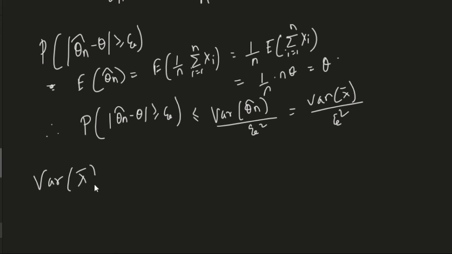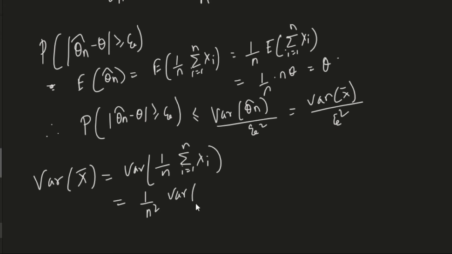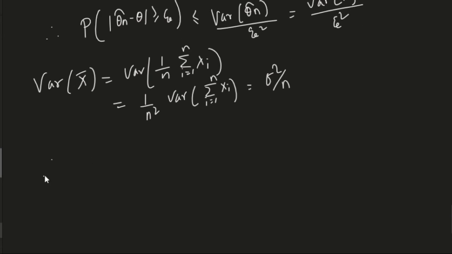It is 1 by n squared times the variance of the summation from i equals 1 to n of xi, and this would be n times sigma squared, so it becomes sigma squared by n. Therefore the probability that theta n cap minus theta is greater than or equal to epsilon is less than or equal to sigma squared